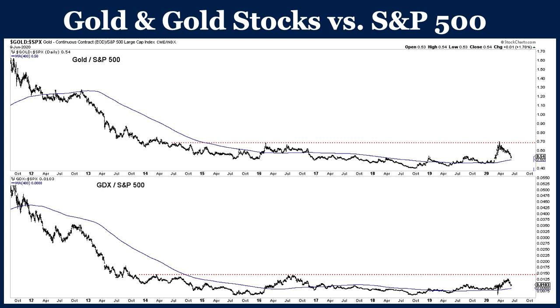For precious metals to be in a real bull market, they have to outperform the stock market. If everything's going up at the same time, but gold is not outperforming the stock market, that's not a real bull market. That's like what we saw 2017, 2018, for example. That doesn't serve precious metals well. But the good news is,